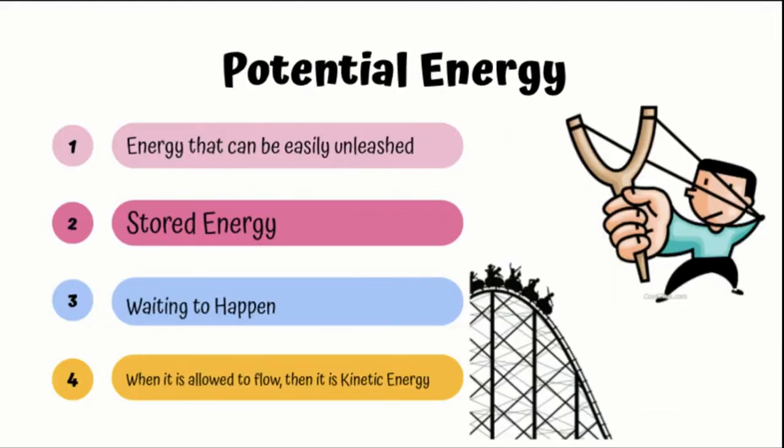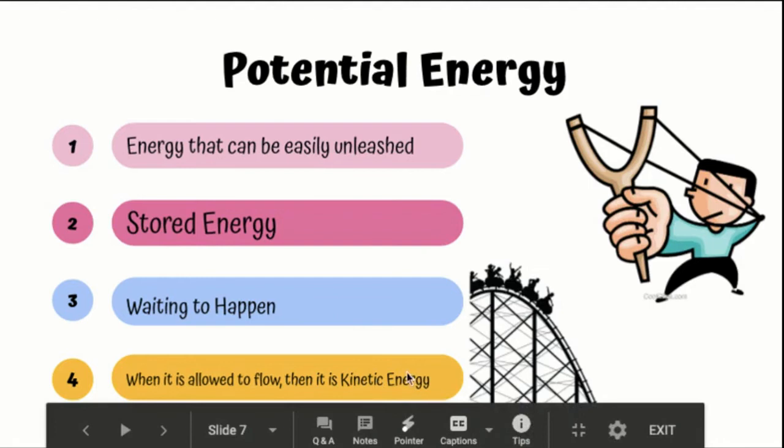Then we have potential energy, and this is energy that can be easily unleashed. It's stored, it's not moving. It could move around, and it could be unleashed. If we're looking at our little guy right here, he's holding it back. He's not letting go yet. And that's why it's potential, because it could potentially be let go and then turned into kinetic energy, but it's